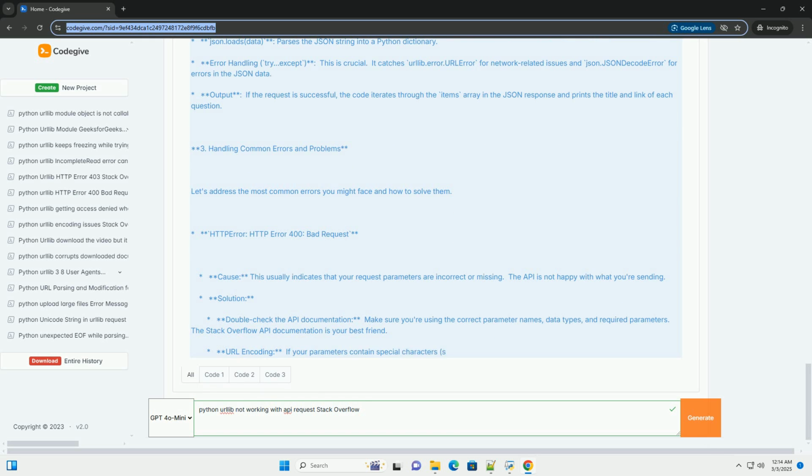User-Agent: very important. Replace 'MyPythonApp/1.0 (your.email@example.com)' with information about your application and your contact email. This helps Stack Overflow identify your application and contact you if necessary. Content-Type: set to application/json if you are sending JSON data in the request body, typically used with POST